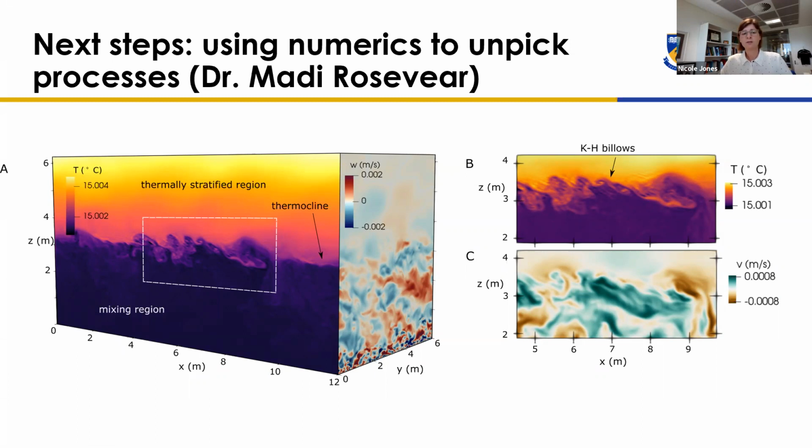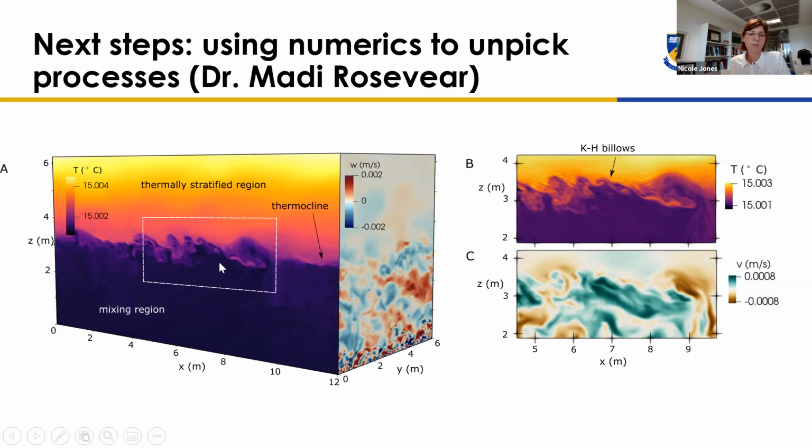This is just showing the results of a simulation where it's just forced by a tide on a flat bottom. But you can see at this interface region between the stratified fluid above and the mixing region below